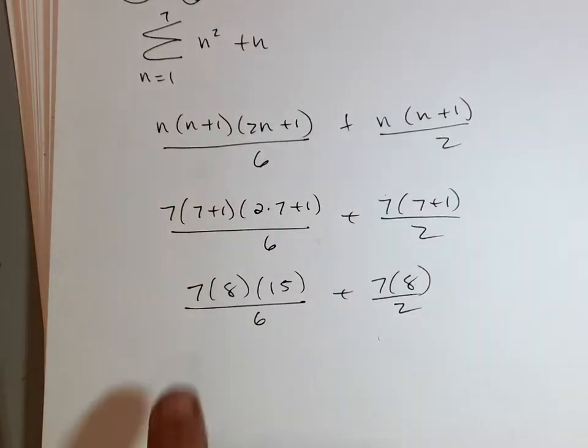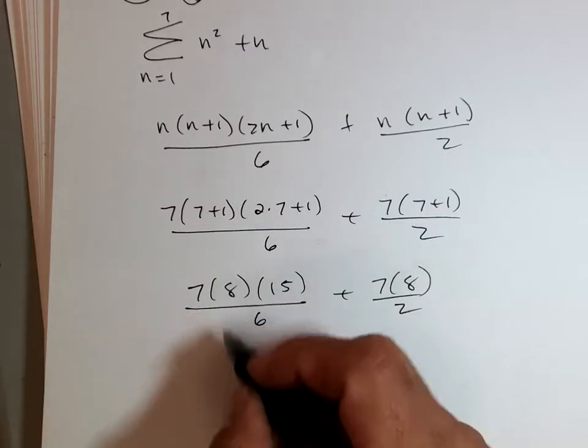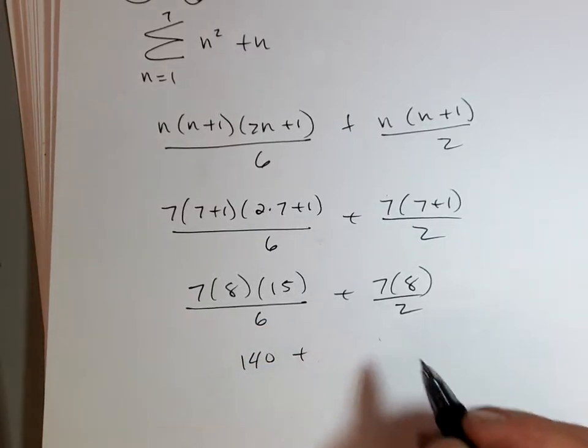All right, what's 7 times 8 times 15 divided by 6? That is 140 plus